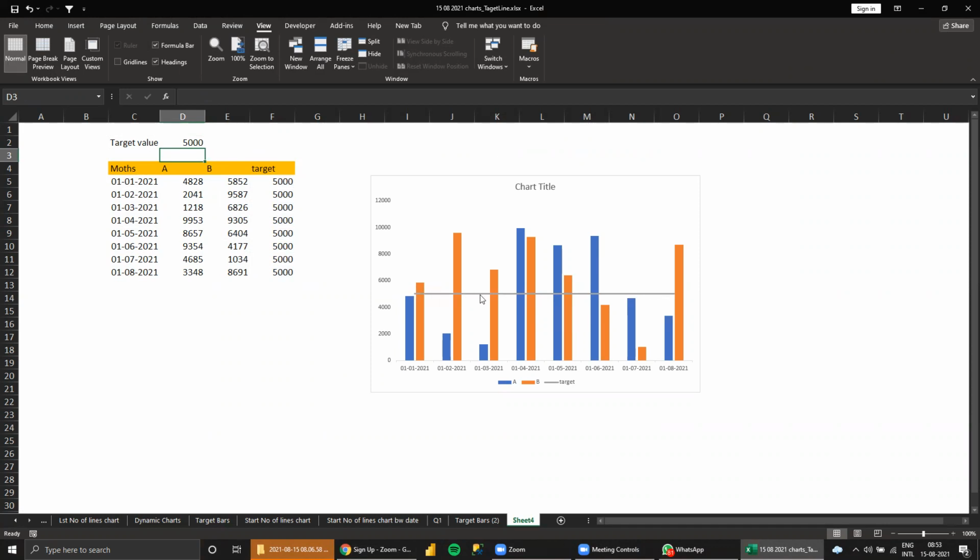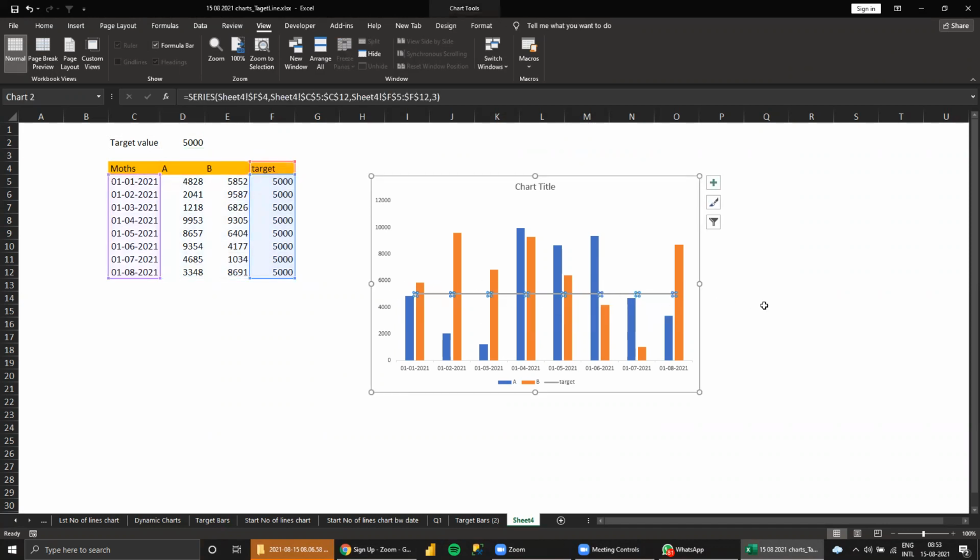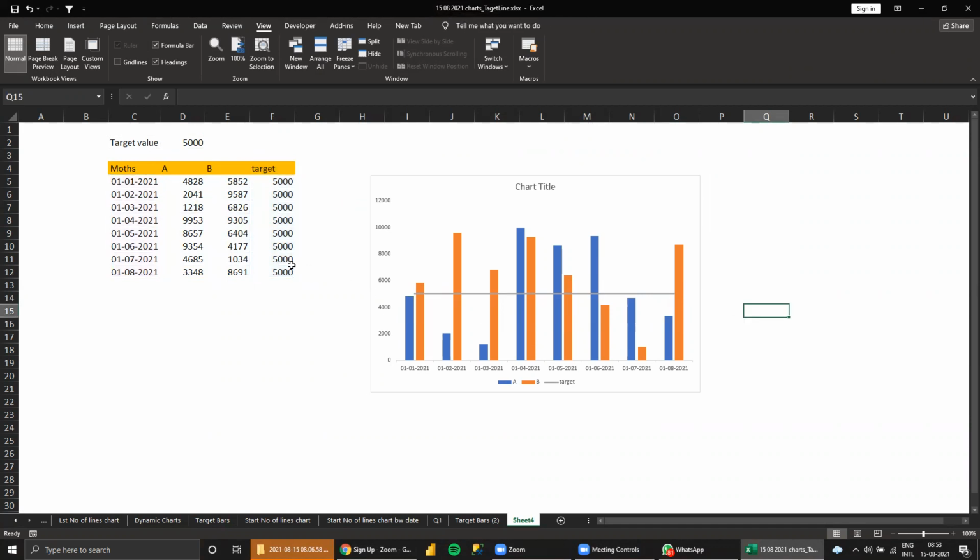So this is one more way to see the target, which are the divisions and which month we can reach the target. This is an easy way. This is not a problem.